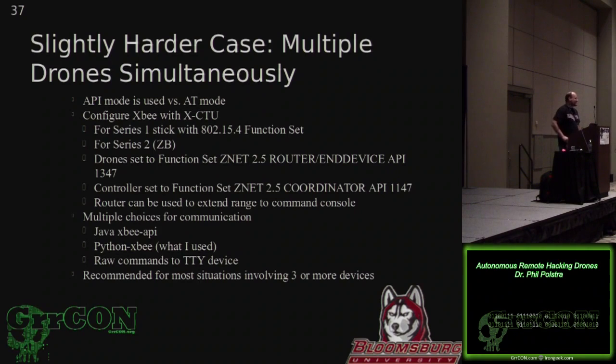The other thing that's nice about the API mode is it puts everything in packets. So if you don't have a well-formed packet, it's not going to come across. Right? Which, by the way, here's a little tip. Don't screw it up. Right? Don't put one modem in API mode and the other one not. Because all the little blinky lights will go, and you're like, I'm getting transmission. And you're like, why isn't it working? Well, it's because it says, oh, that wasn't in a packet. Drop, drop, drop. So it never gets to the drone. All right, so,